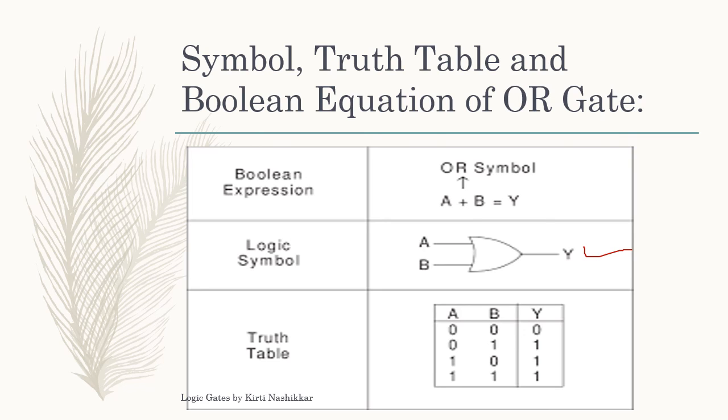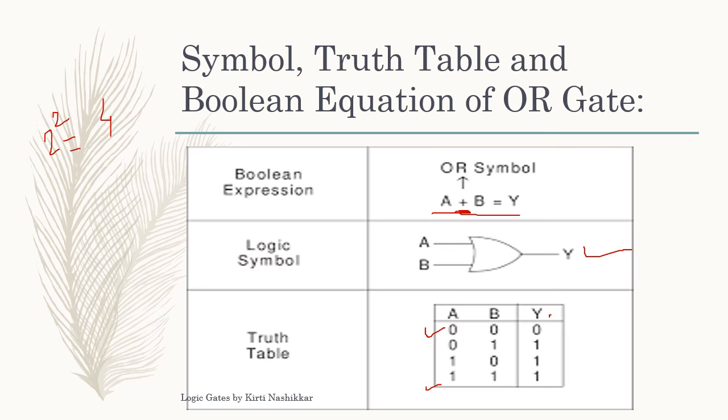So minimum 2 inputs, and this is the Boolean expression for OR gate, which represents y equals a plus b. Okay, the plus itself indicates the OR operation. It is not the actual addition. It shows the logical ORing of the inputs. Again, as there are 2 inputs, 4 combinations will be there, which is 2 raised to 2 equals 4, starting from 0 0 to 1 1. Now let us put the values one by one in this equation.